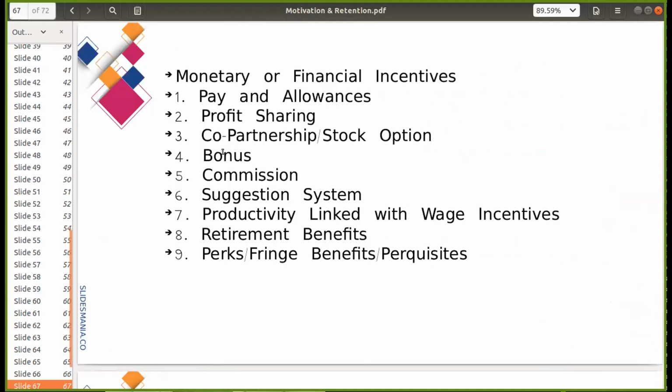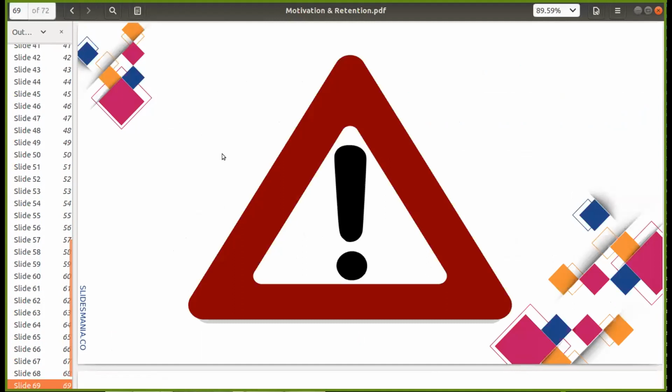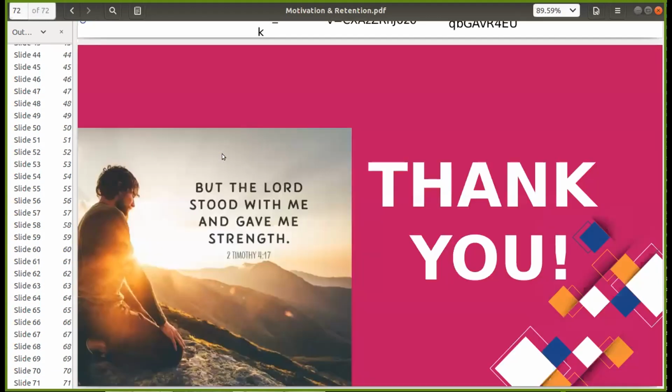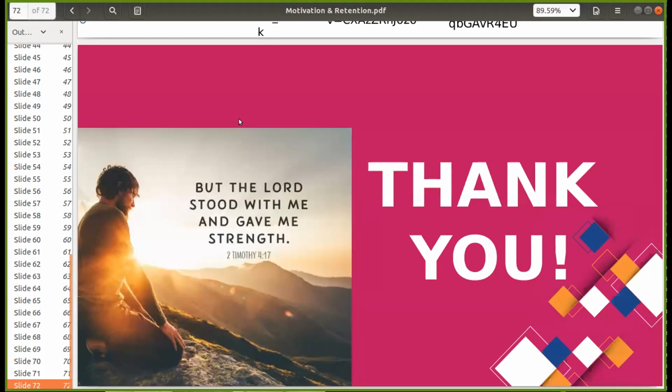Lalo na yan, Maslow's hierarchy of needs. Pakibasa na lang to class. Okay? So ito yung mga videos, so you can just search it on YouTube. Yung mga different theories of motivation. Kina-discuss ko na rin kanina. Okay? So that's it for